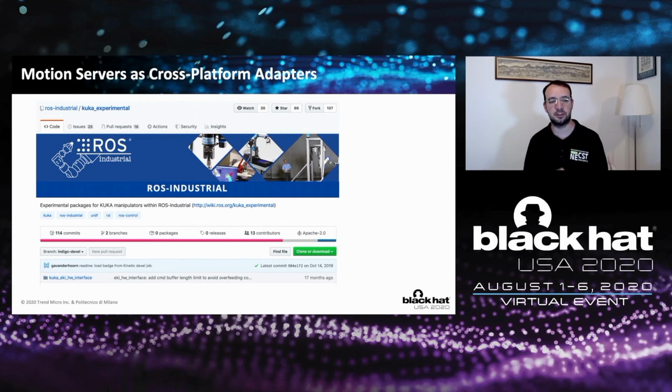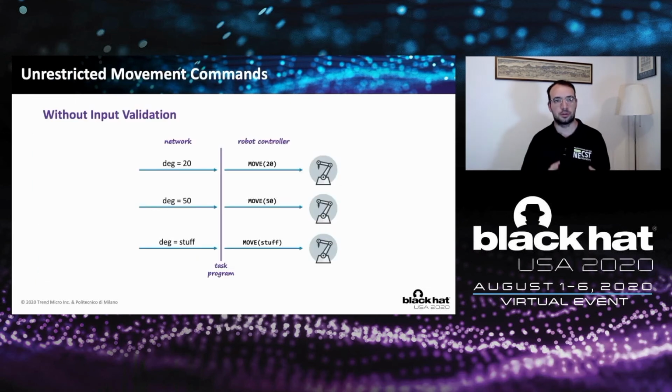It's written in KRL, which is the KUKA language, and it's written as a task program. So what is the big deal with unrestricted movement commands? If we don't have input validation in the task program that implements a motion server, and if we don't have any form of authentication, and this is the case of basically all the motion servers that we found in the wild, then an attacker that has access to the same network of the robot can basically control the robot arbitrarily,